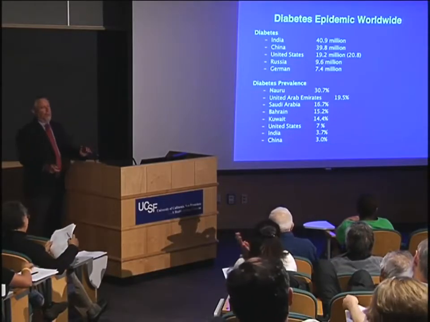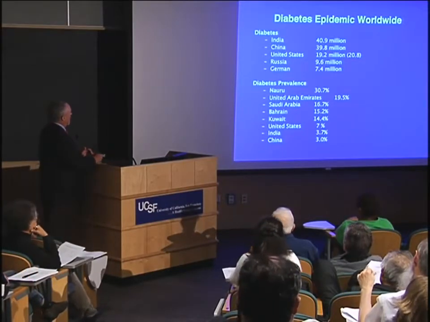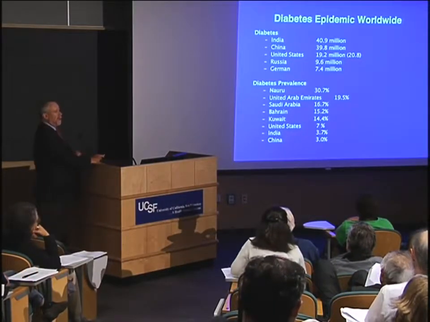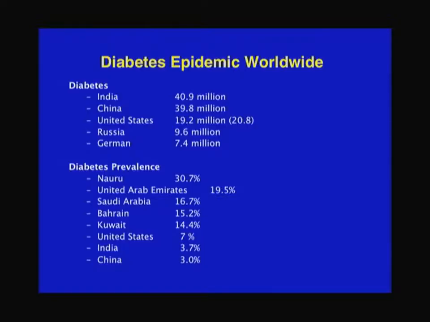Okay, now let me begin with the observation that diabetes and this epidemic we're in with diabetes is not localized to the United States. Although we have a ton of diabetics in the United States, and I'll break that down for you in a moment, many, many other parts of the world do as well. And the prevalence is actually greater, not as a percent, but just because there are so many people in India and China, their absolute number of cases is even higher than ours.